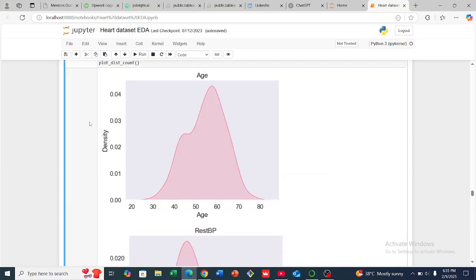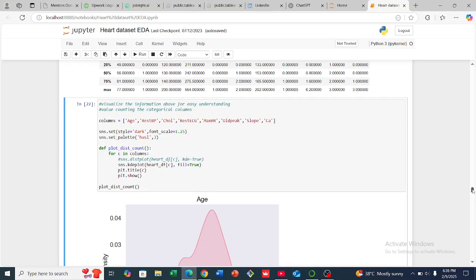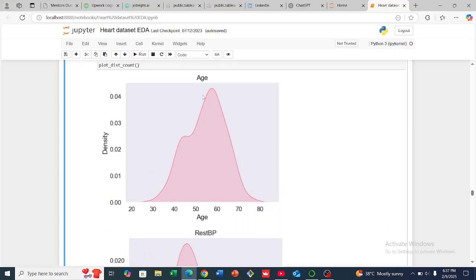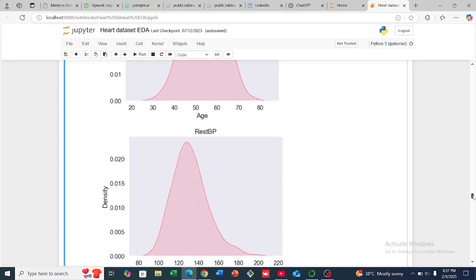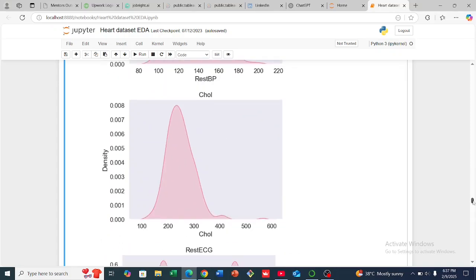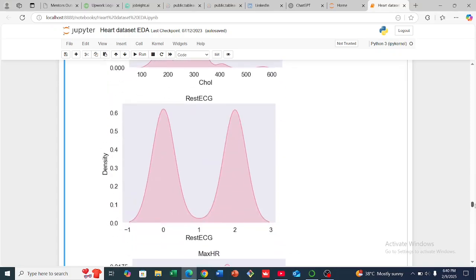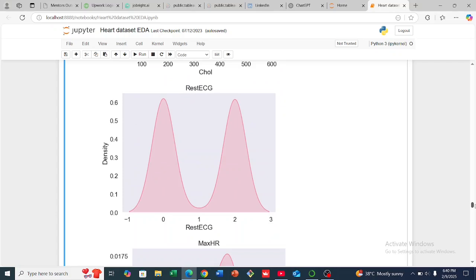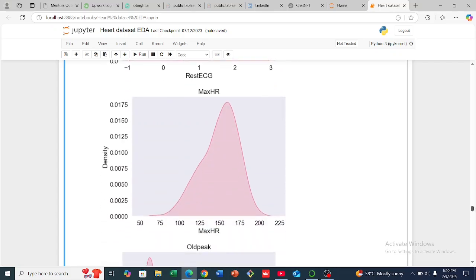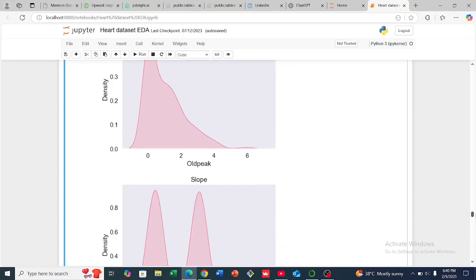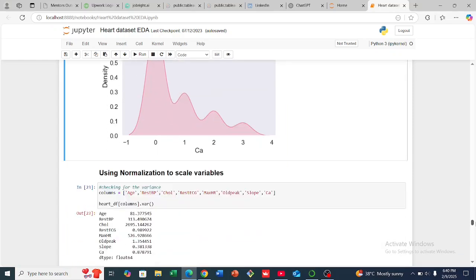Let me go ahead and click on this so that we can see our graph in full view. So the KDE plot is going to show us how each of these columns are distributed. If you look at our age column, you would see that the shape nearly resembles a normal distribution shape. You can also look at our rest blood pressure, our cholesterol column. For our ECG at rest, the values are between 0 and 2, so that's why we have this shape in our graph. So we have our maximum heart rate, the old peak, slope, calcium values, and you can see the